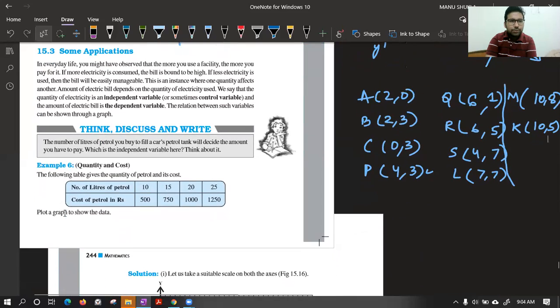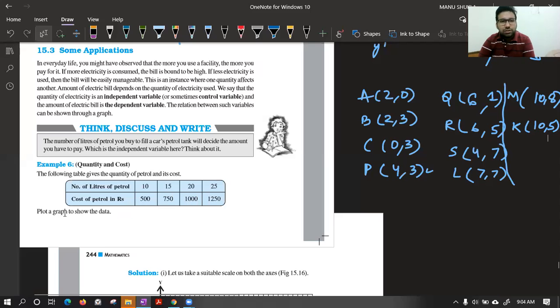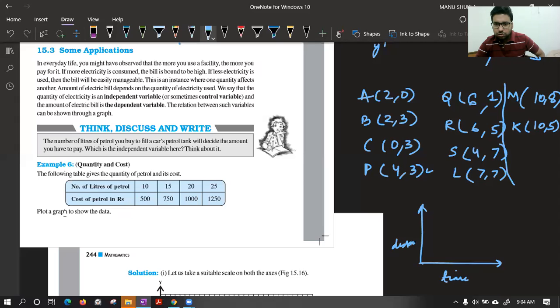What are there in the applications? Yeah, the same thing comes that I was telling you, independent variable and dependent variable. If you have observed some graphs in your science book, you must have seen a distance time graph. Do you remember that? Class, do you remember that? Normally we take time on this axis and distance on this axis. If I ask you which is the independent variable,